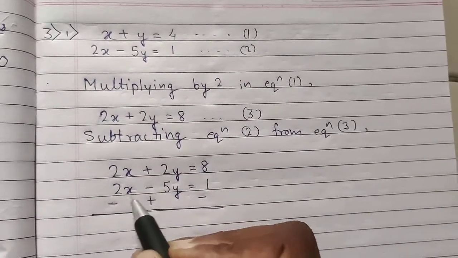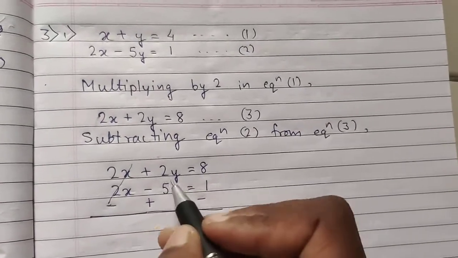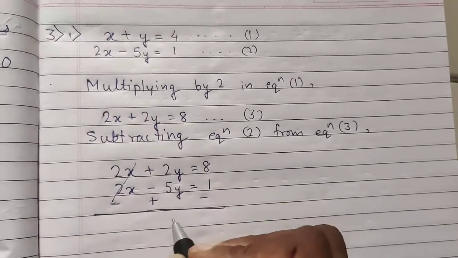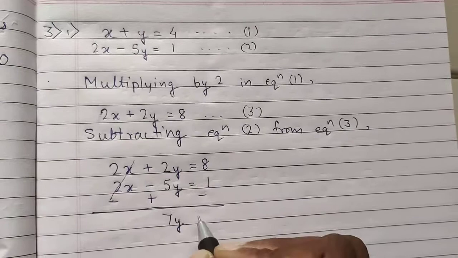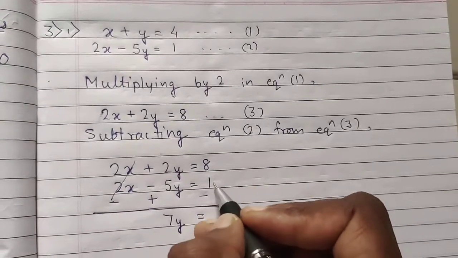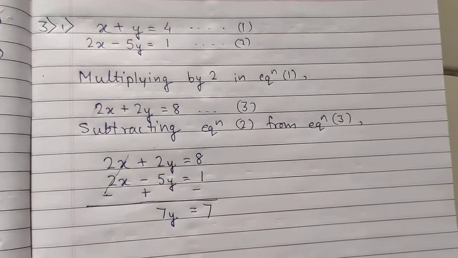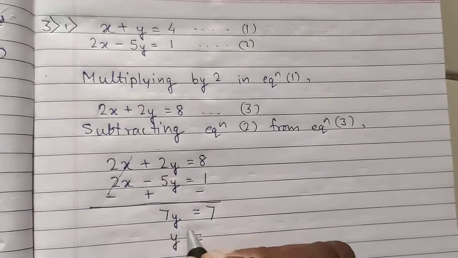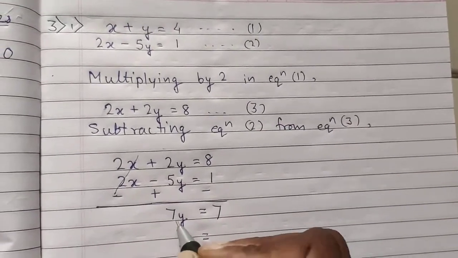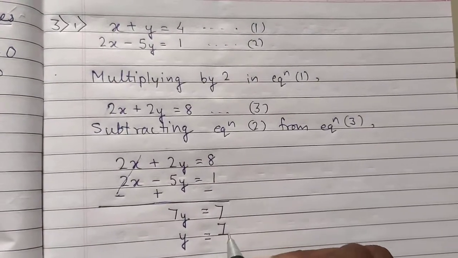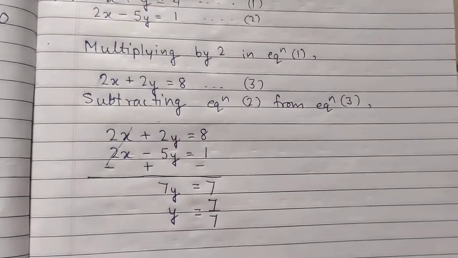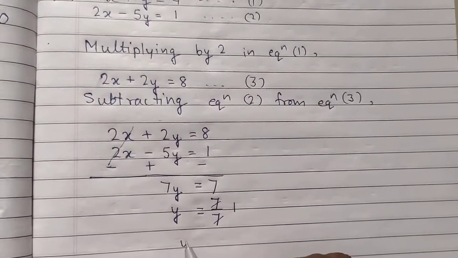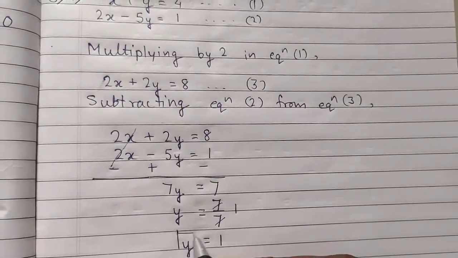Now see, 2x minus 2x will get cancelled. This is 2y, this is plus 5y. So both are positive, so add them. So 5 plus 2 becomes 7y equals to. Now this is 8 minus 1, and you know 8 minus 1 will give you 7. Now in the next step, we want to transfer this 7 to the right hand side. So this is multiplication of 7, so it becomes division. So this becomes 7 upon 7. Okay, now if you do cancellation of this, you know 7 ones are 7, right? So you will get 1 here. So finally you will get y is equal to 1.